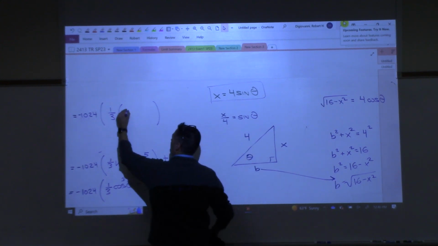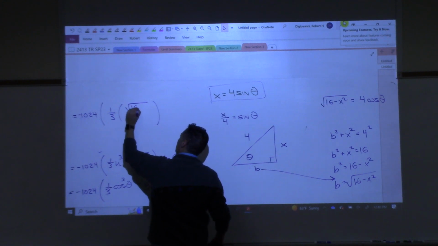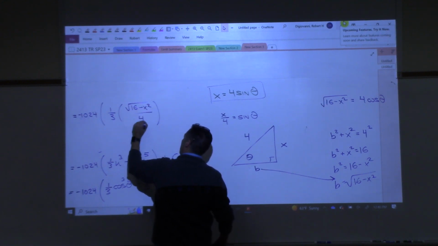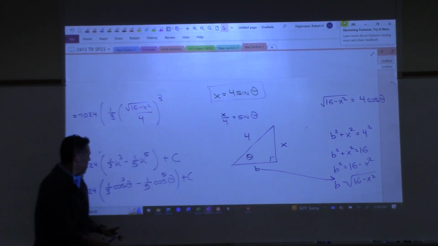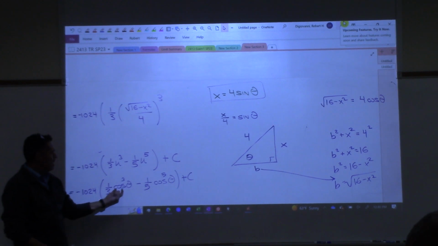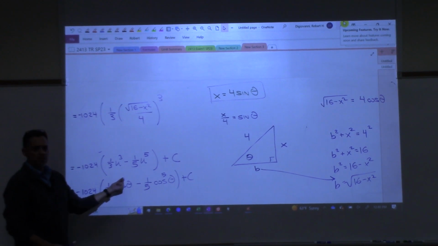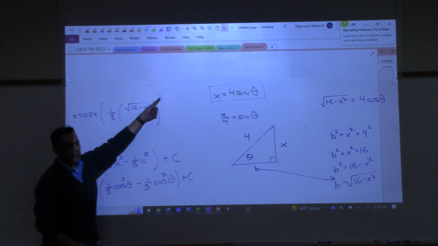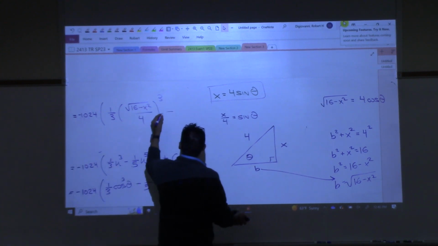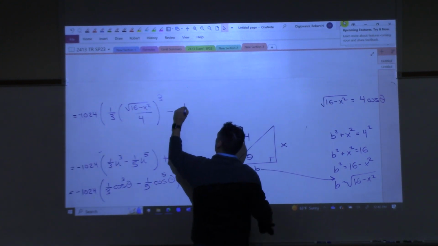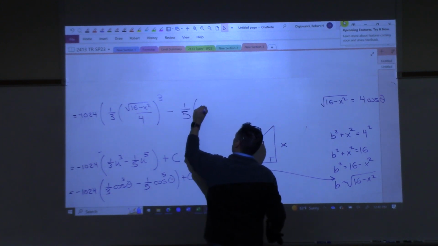So if I put that in here, it's square root of 16 minus x squared over 4, but all of that cubed, right? That is cosine theta cubed. Minus 1/5, and then cosine theta